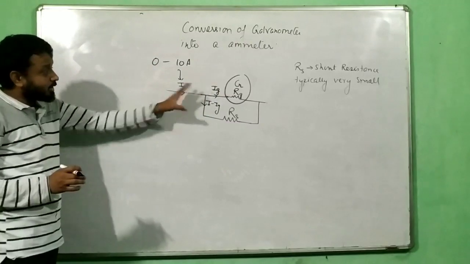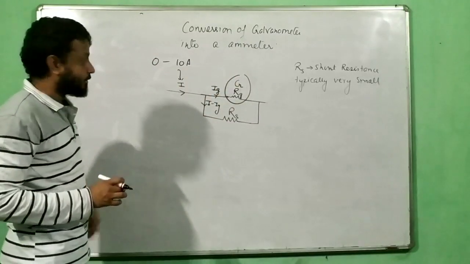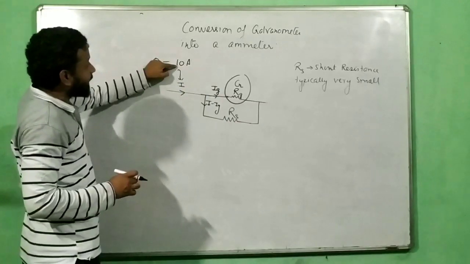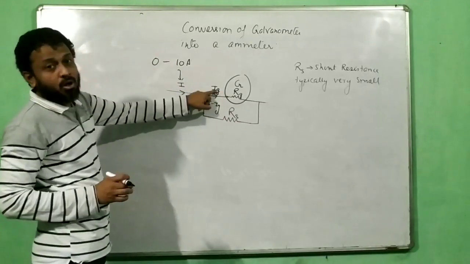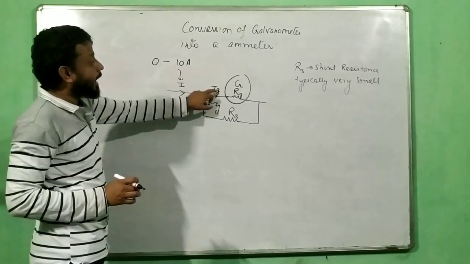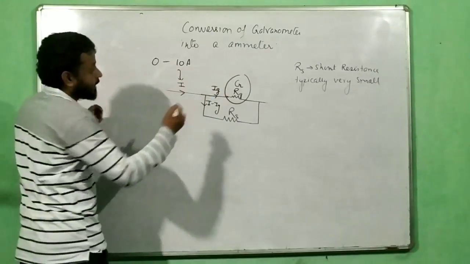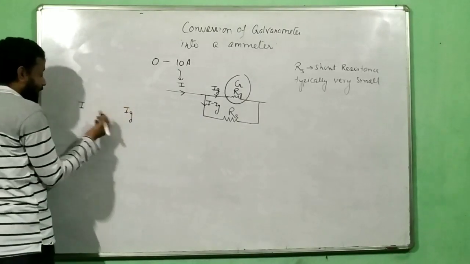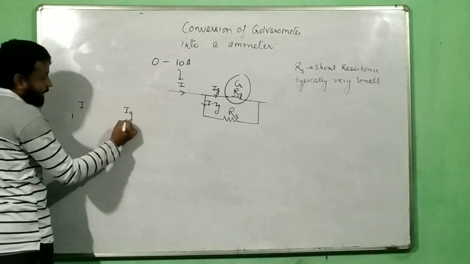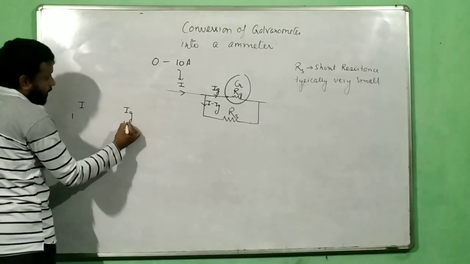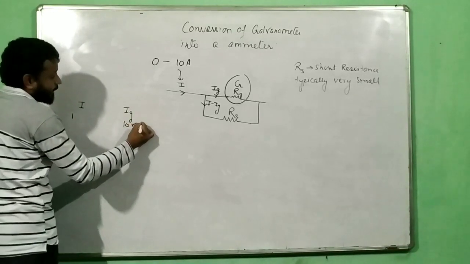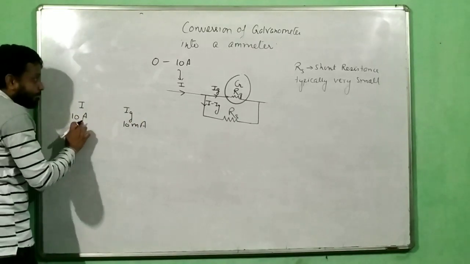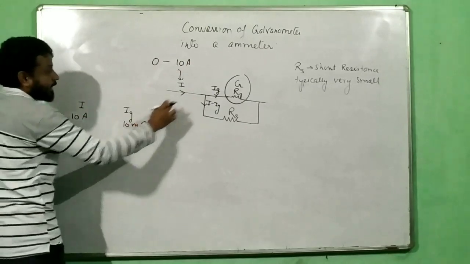Now this will ensure that my galvanometer is safe, because when this current falls below the maximum current, let us say 8, then this will also fall below the maximum Ig. So for example, say that I have I and I have Ig. Let us say the maximum Ig is 10 milliampere, and the maximum I is 10 ampere. So when 10 ampere is my maximum, Ig should be 10 milliampere.